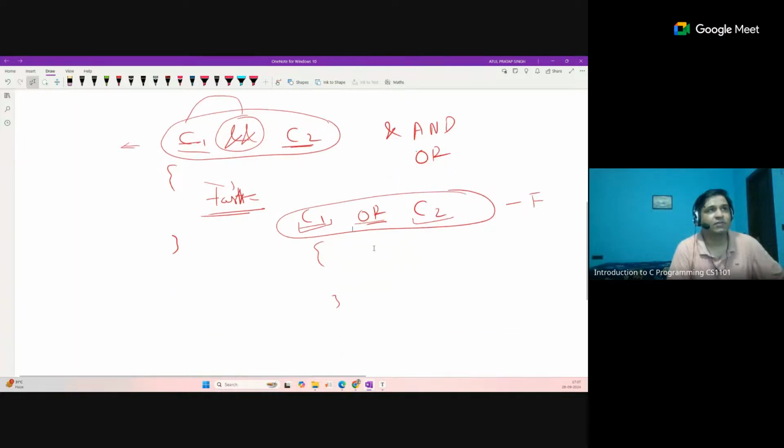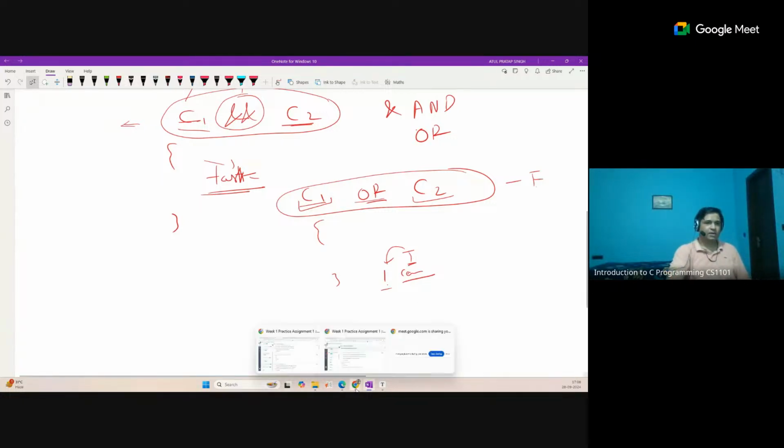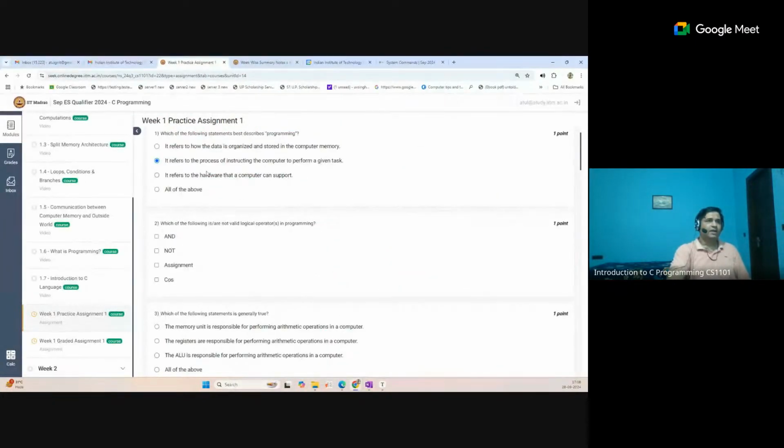In an AND case, if any condition is false, the output will be false. Similarly, the NOT operation: suppose we have a condition that is returning true, then that output will be converted to false by the NOT operation. That is actually used for connecting the conditional statement outputs, so this is called a logical operator. Here AND is a logical operator, NOT is a logical operator, and assignment is